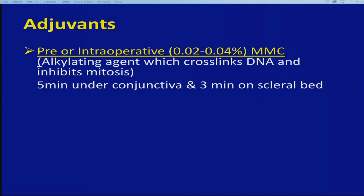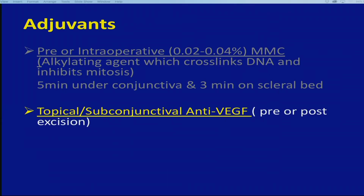We don't like intraoperative MMC. We have to wash it very well. We can use 0.02 to 0.4%, 5 minutes. And it's very important to put it under the conjunctival edge, not just only on the sclera, and we wash it very carefully. But we don't like to inject it preoperative. We use it intraoperative. We don't like to inject it preoperative because there has been reports of scleral melts and ciliary shutdown with the use of